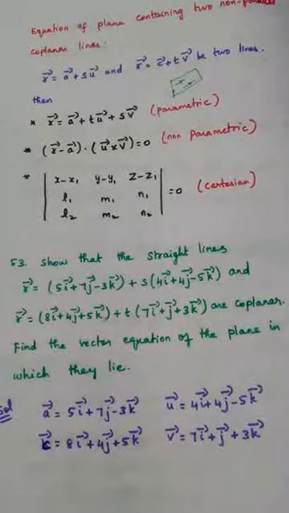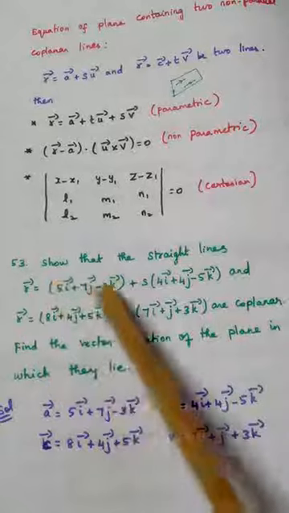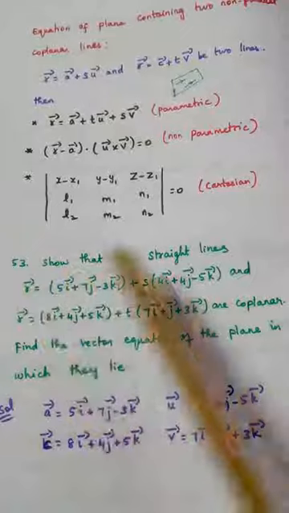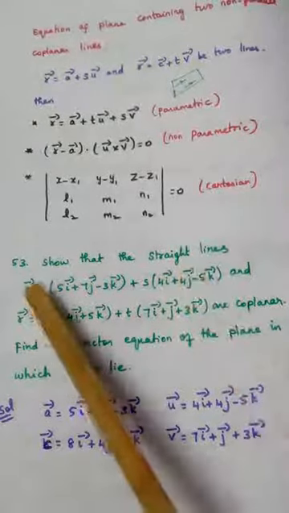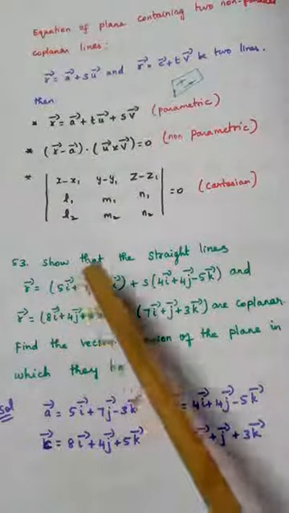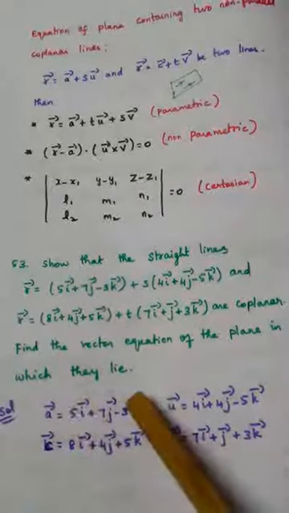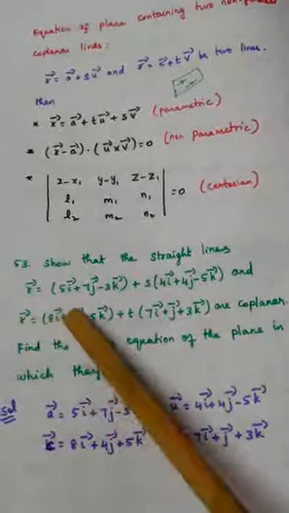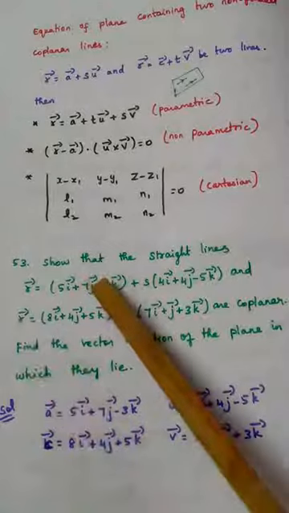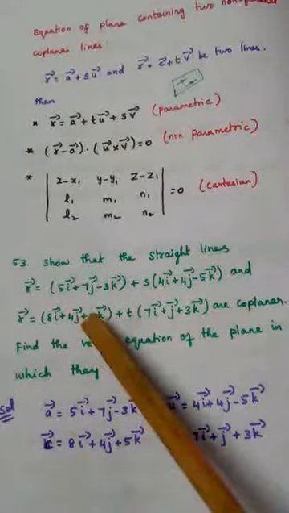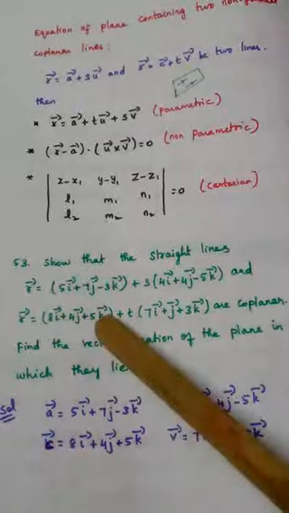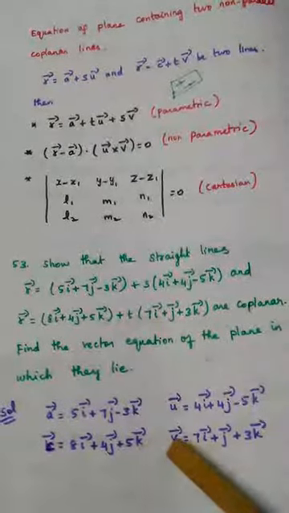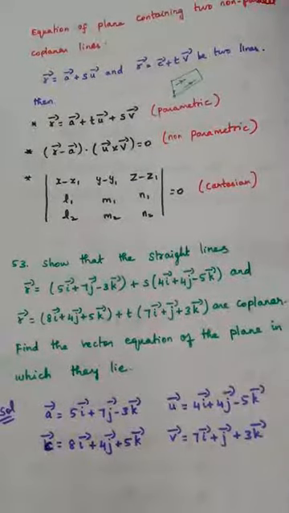So from the question, this is the first straight line. What is this? This is nothing but a point on this line. What is this? Parallel vector of this line. So how to take the point? Point can be taken as a vector. So this is A vector. This is U vector. Then go for the second line. What is this? Point on this line. So I have to take this as C vector. C vector is equal to this. This is the parallel vector, so it will be given the symbol V vector. V vector equal to 7i plus j plus 3k.